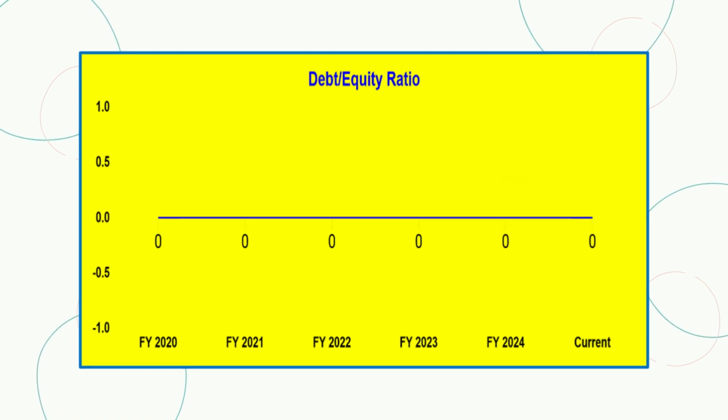services industry. Next, let's look at CDSL's debt-to-equity ratio, which is a measure of the company's financial leverage and risk. As we can see from the chart, CDSL has maintained a debt-equity ratio of 0 consistently from FY 2020 to the current period. This indicates that CDSL operates without any debt, relying solely on its equity to finance its operations. A debt-free balance sheet enhances financial stability and lowers risk, making CDSL a financially sound investment with strong fundamentals. This also allows the company to focus on growth and operational efficiency without the burden of interest payments or debt